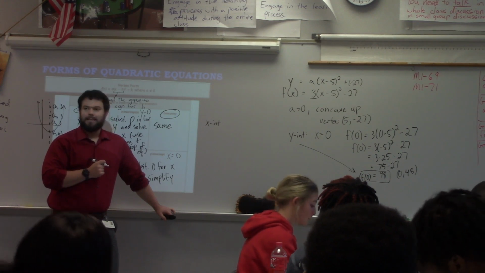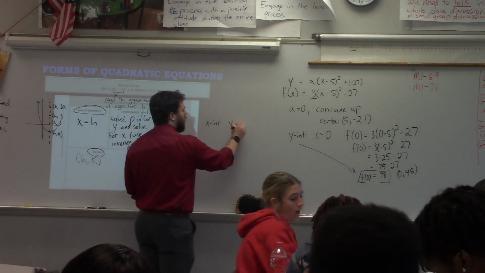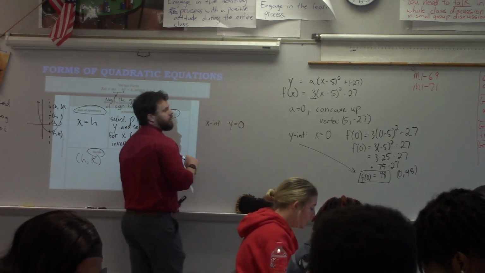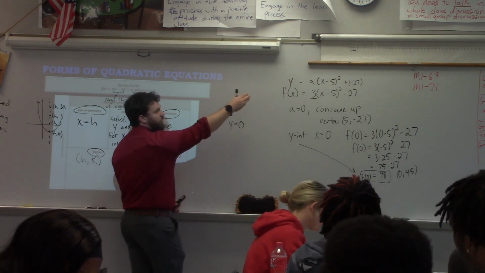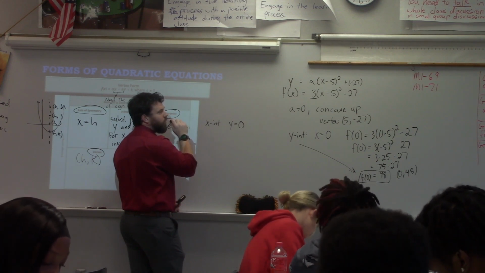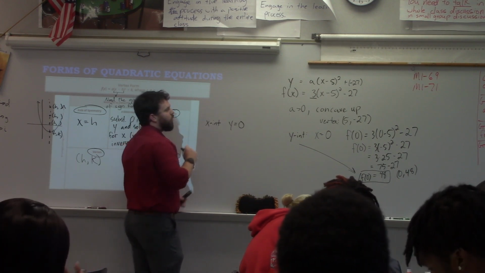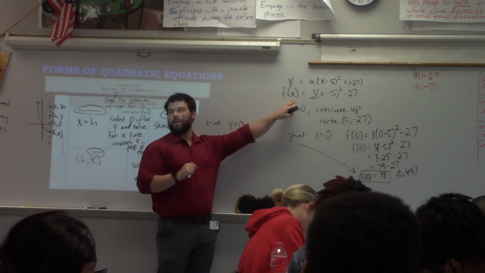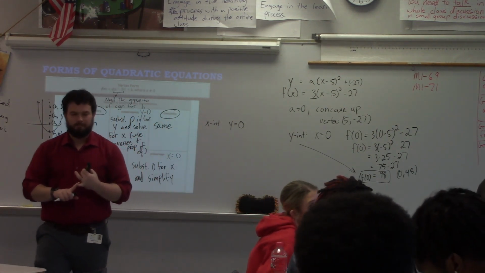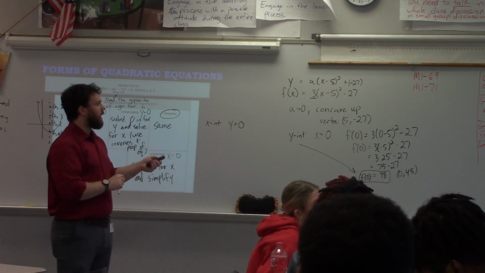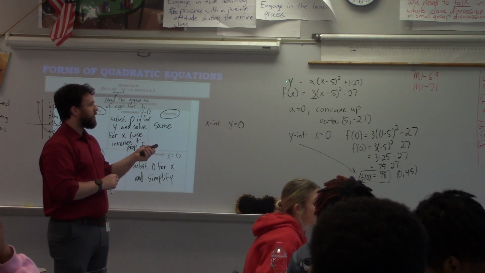So what about an x-intercept? What do we know? Y is 0, right? Now remember, what is y in this equation? I don't see a y in that equation. What stands for y? The output. For the y variable, right? So when I look at that equation, x is my input. What's my output? Remember, that's y, so